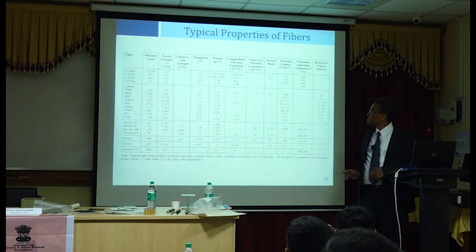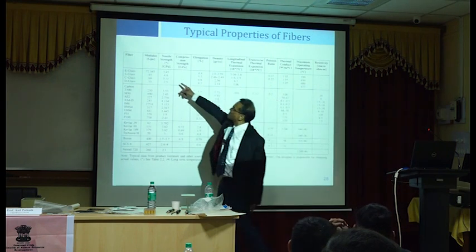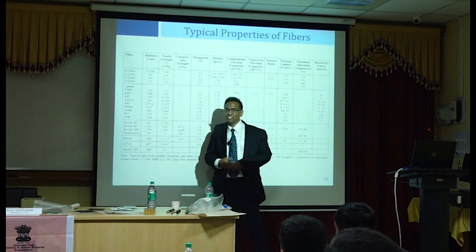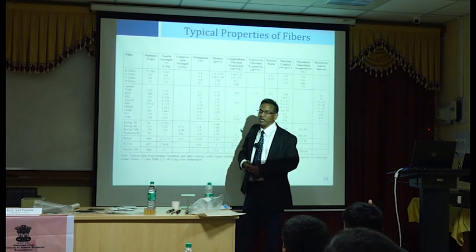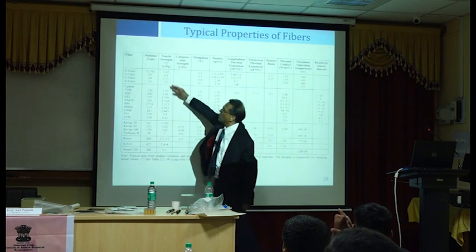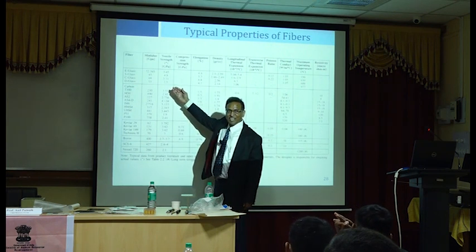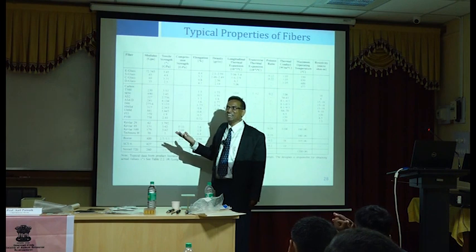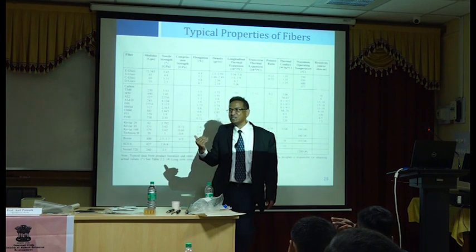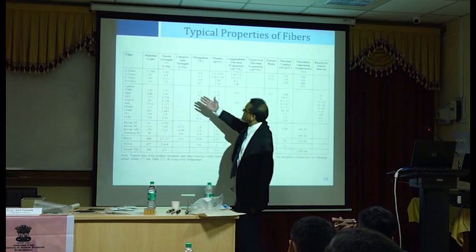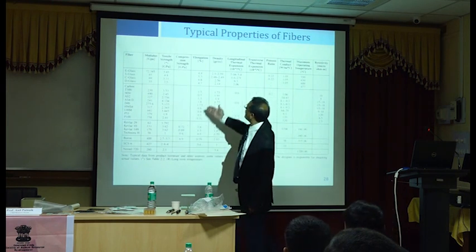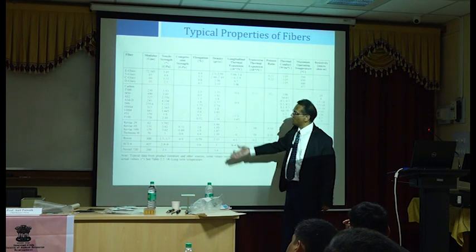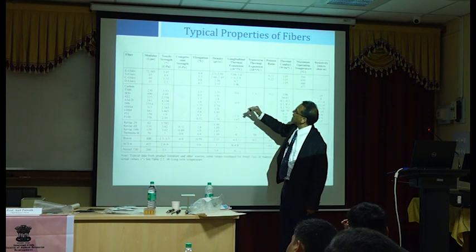Okay. What else? We have tensile strength. These are all GPa, 3.45 GPa, which is 3,450 MPa. Very, very high strength, right? Compared to steel, almost 8 times, 10 times. So the tensile strength is very, very high. Okay. Elongation, again, we have about 0.5 to 4, it ranges. That's okay. Density,